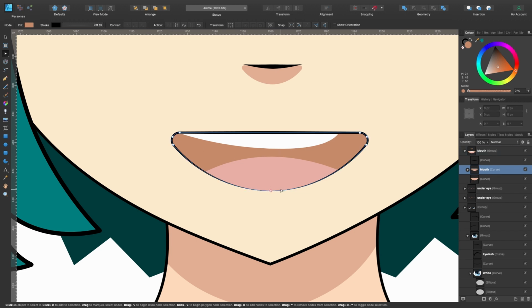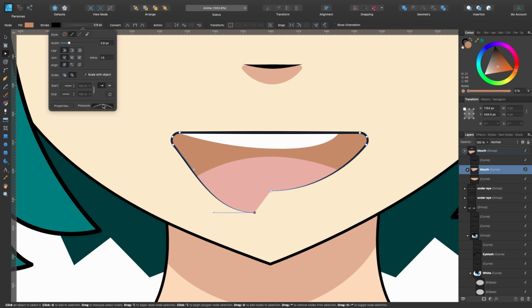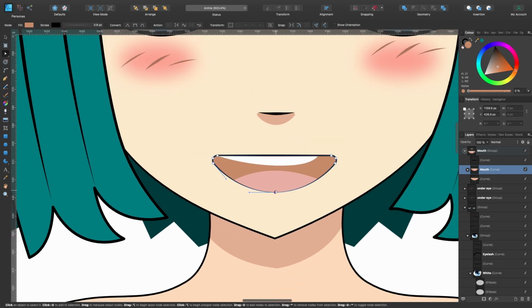What has that done? Basically, it's broken the curve. So if I pull that apart, this is where the shape would end. So that's the start, and it would end there. And if we go up to our pressure, you can see this is the start, this is the end. So I'll just press back, and you can see we've got it thin where I want it to be thin down there.